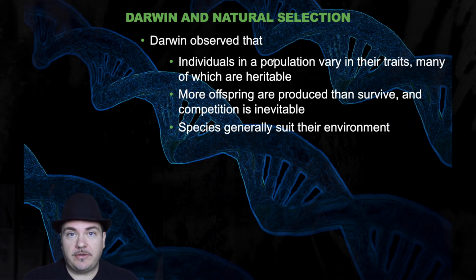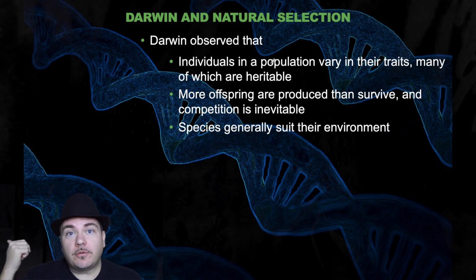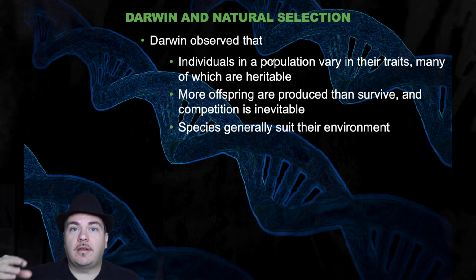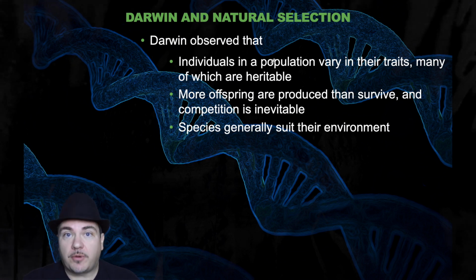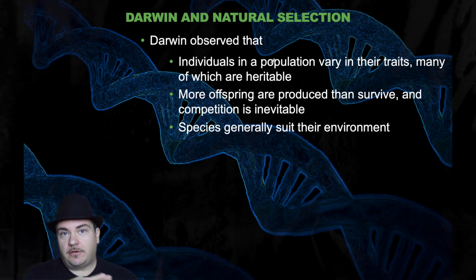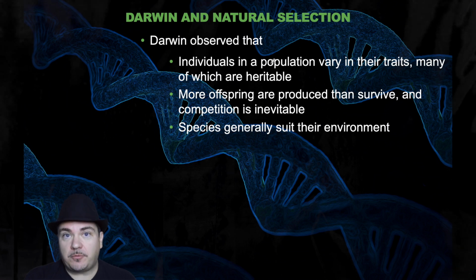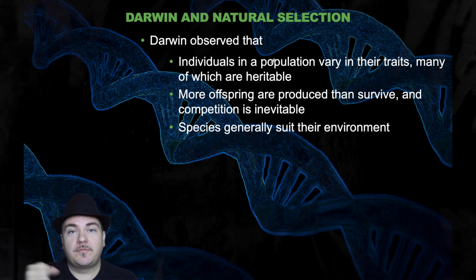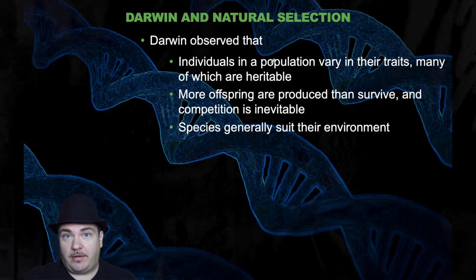Third thing you notice is that species generally suit their environment. It seems like things are very well adapted for where they happen to be living. For example, let's say you take a walk out in the woods in Florida. And as you're walking through the woods in Florida, let's say along hops a little bunny rabbit. That little bunny rabbit is almost guaranteed it's going to have brown fur. Why? Because the brown fur very nicely matches the leaf litter on the ground of the woods of Florida. In other words, it makes it harder to see that rabbit. Why does that matter? Because rabbits have predators. Hawks want to eat rabbits. Well, that brown rabbit can hide better from that hawk.